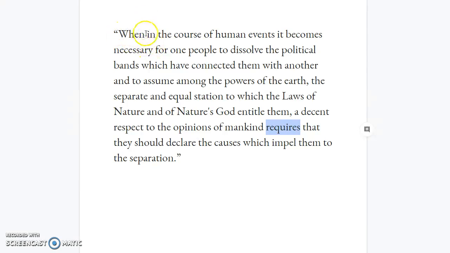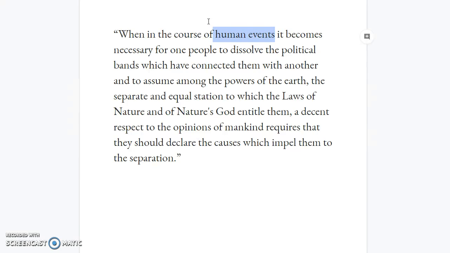So let's go through this. In this case, I'm actually going to just read this left to right. Normally, obviously, if you're reading something this dense, we're going to break it down grammatically. But I'm going to show even reading this left to right, just going through the sentence, you can break it down pretty easily. All right, let's look at this. When in the course of human events, what is it? What is a human event? I mean, just put the words together. Human events are events that have to do with humans.